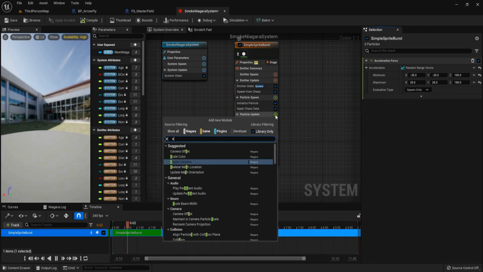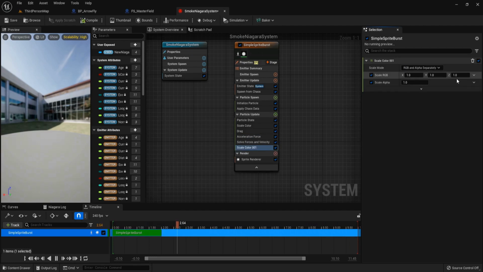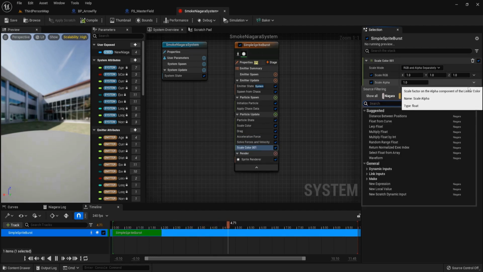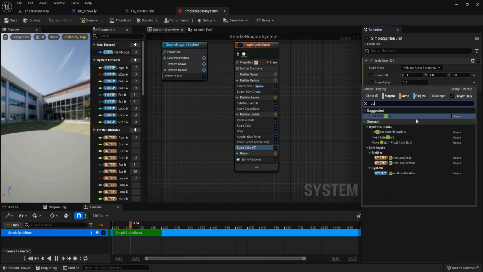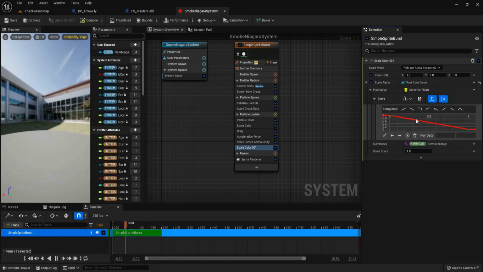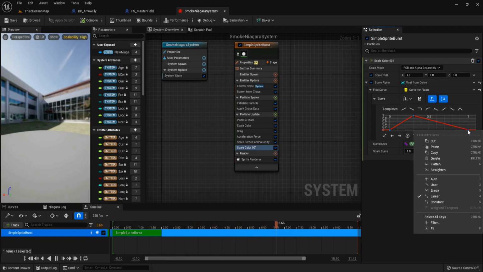Add scale color and select scale alpha. Search for scale from curve, and you can add key to this. Set it to 1, and the first start, set it to 0. Click on this key, right click, choose auto.